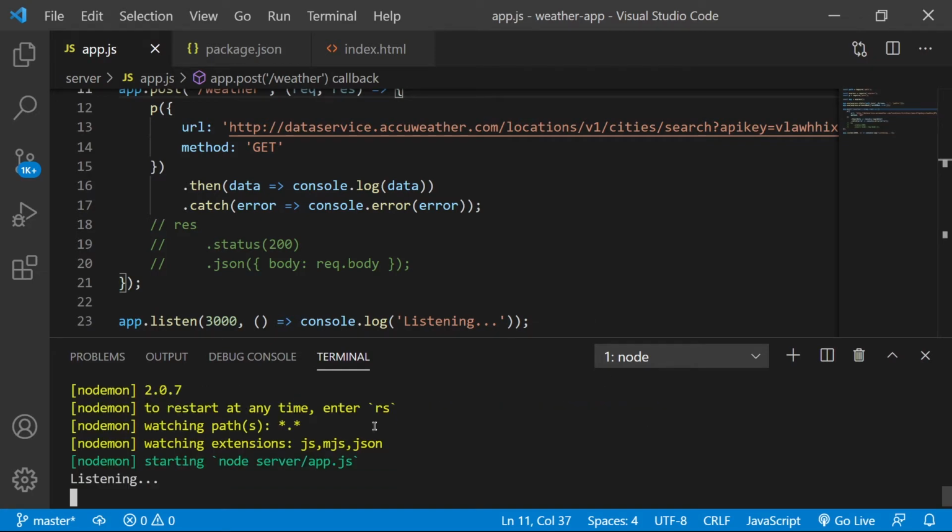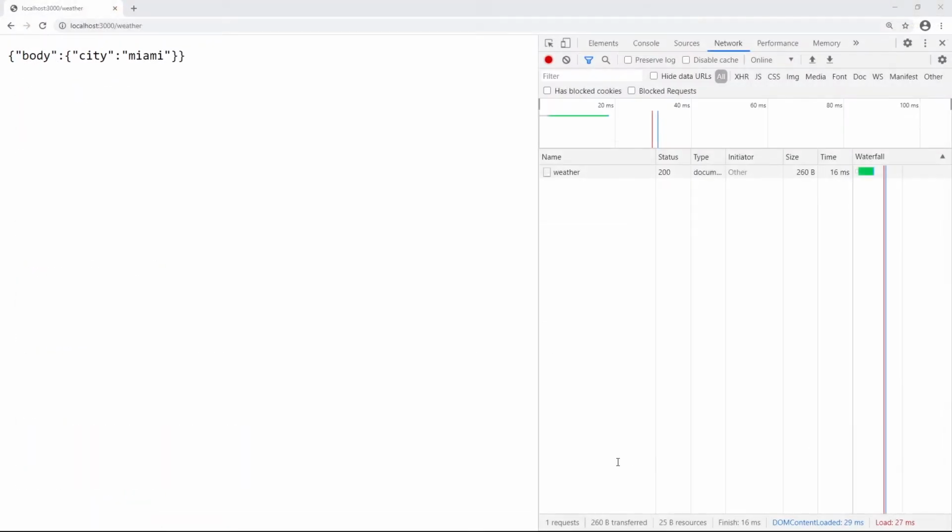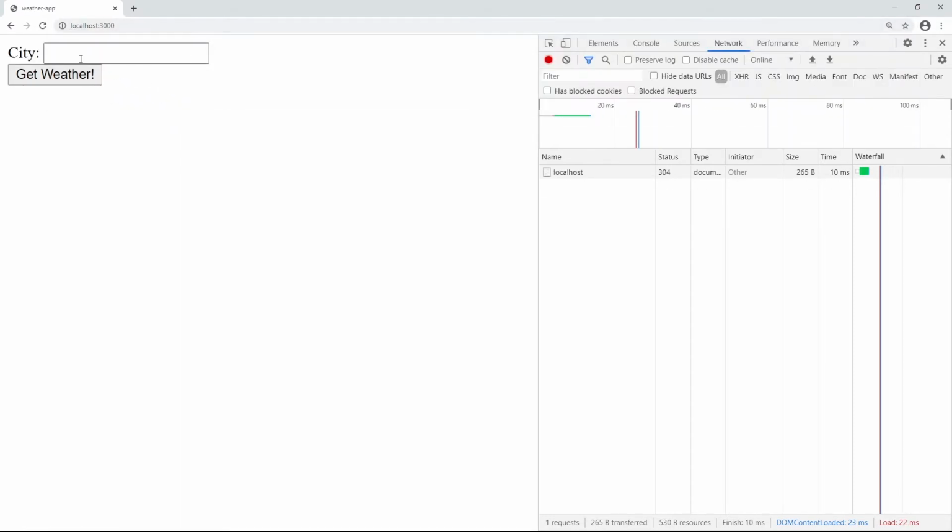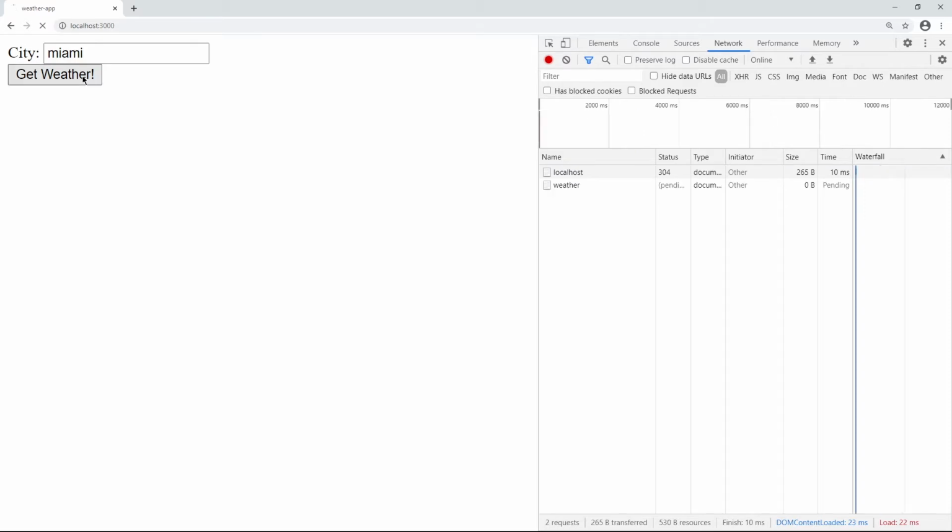Let's run dev. Let's go back to our app. And I guess we have the q text, the city hard coded, so it's not too important right now. But I just want to see what it does. Okay, so I again did not send a response back, but that's okay. That's why it's just hanging.